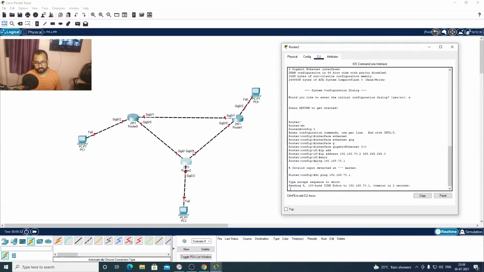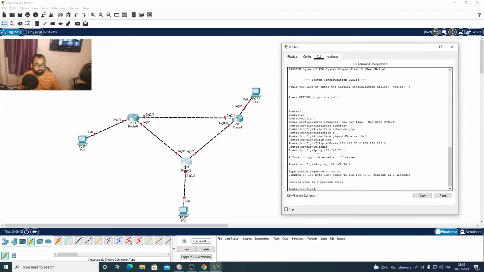As you can see, there is a timeout in ping, hence the connection is not establishing. So what can we do here? As we know, router ports are by default in shutdown mode, so we need to enable the router port first.